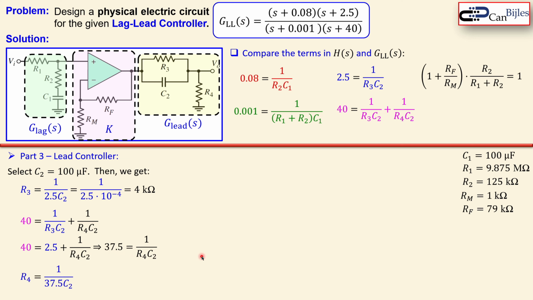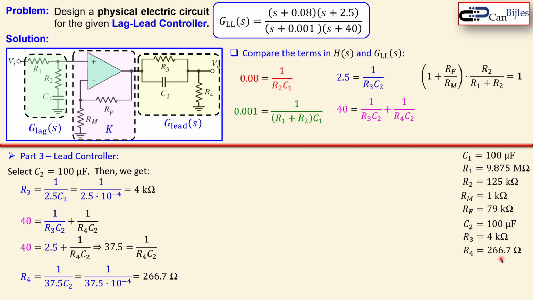So we can calculate now R4, the remaining component. 1 over the 37.5 times C2, we know C2, just calculate this in this formula and you get approximately 266.7 ohms. So that means we have now everything. So we can also take that here, so we make a list and these are the 8 unknown component values